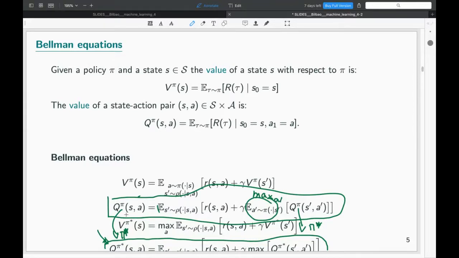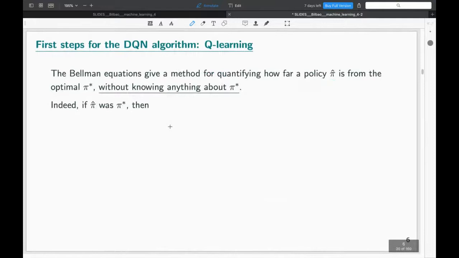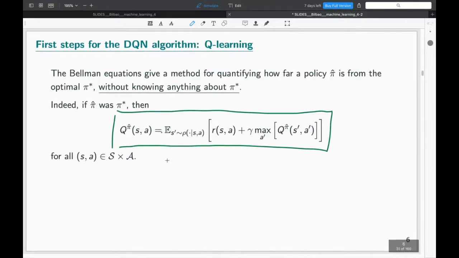So if your policy pi is indeed the optimal policy pi star, then you have this equality. However, our policy pi hat is most likely not exactly equal to pi star. So these two numbers won't be the same,